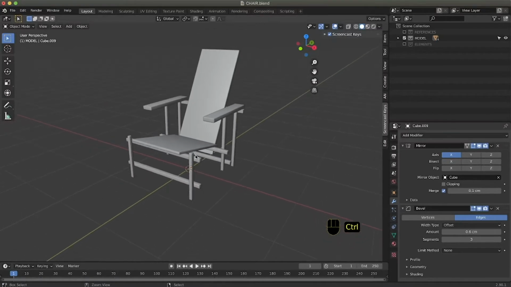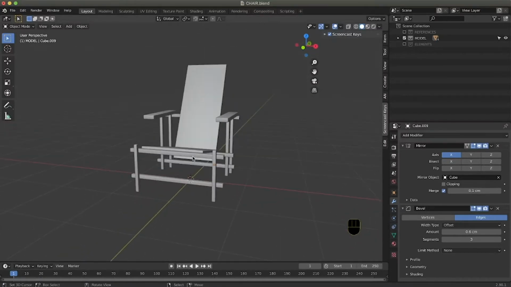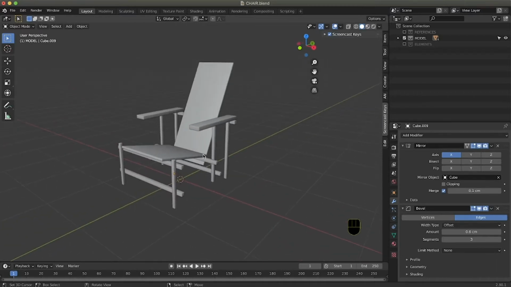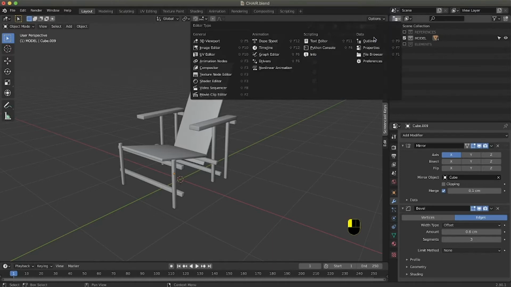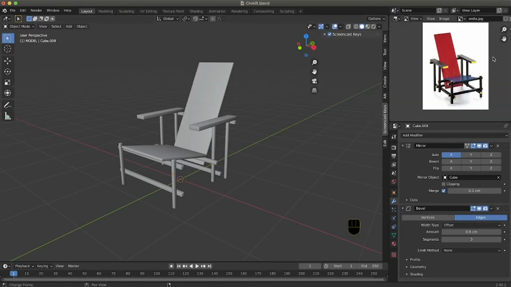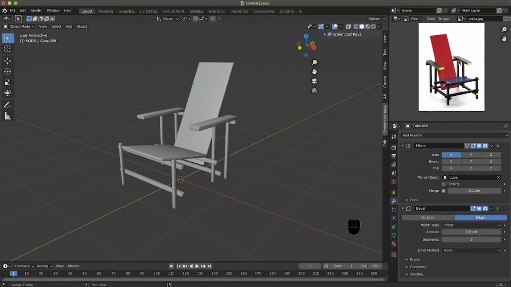There are different ways to add colors. Now we are going to talk about the simple one, which simply creates a material and assigns it to one or more faces of our model. So again, I open the image editor and I have the image I had in the image editor last time.